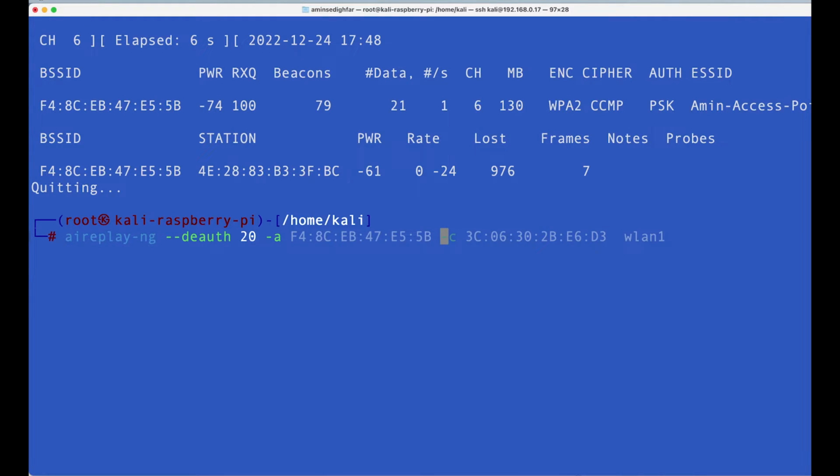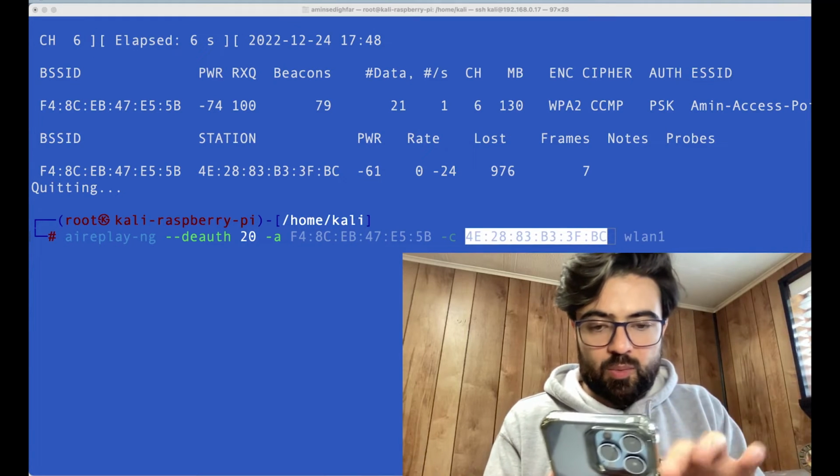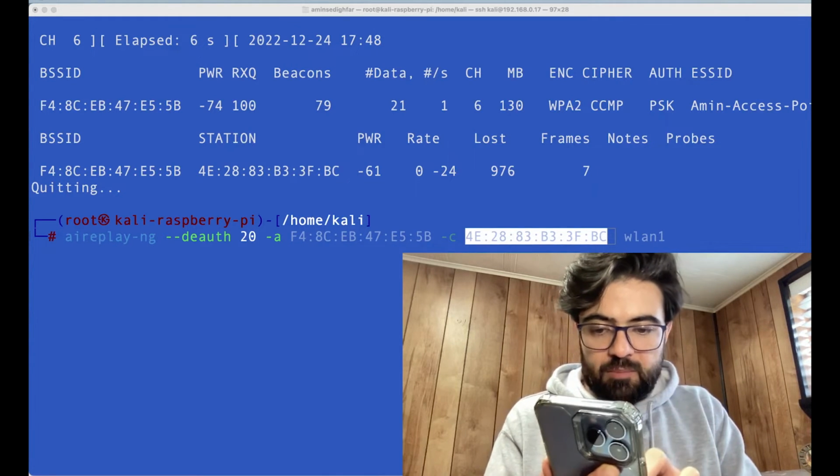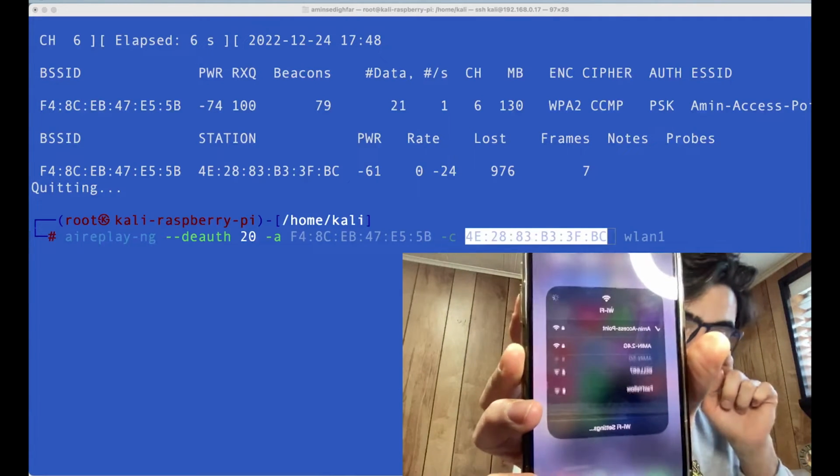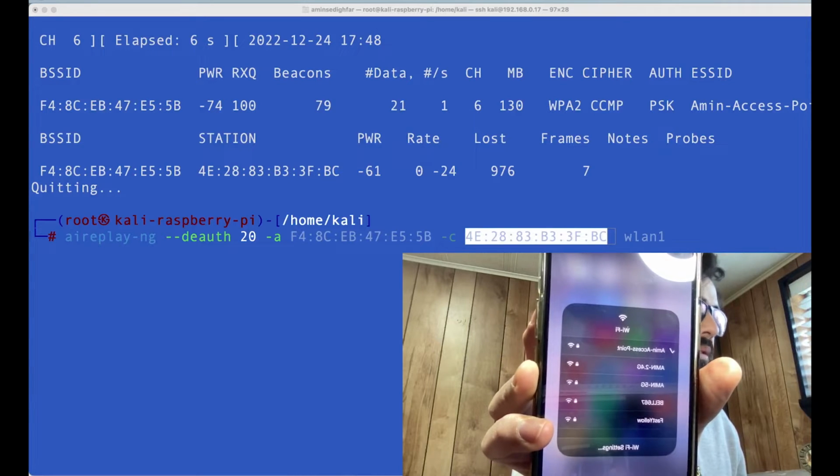And then what do we have? -c is the client, and it is the MAC address of the client. And on wlan1. So what you can see here, my phone is right now connected to this one. I'm going to hit enter